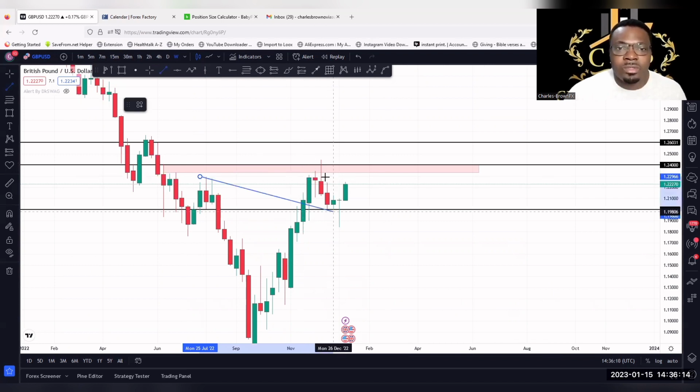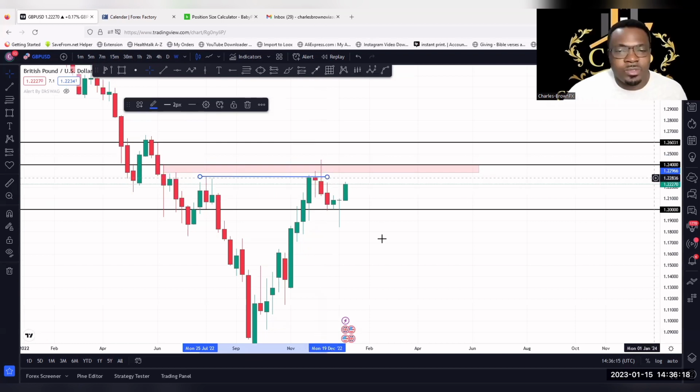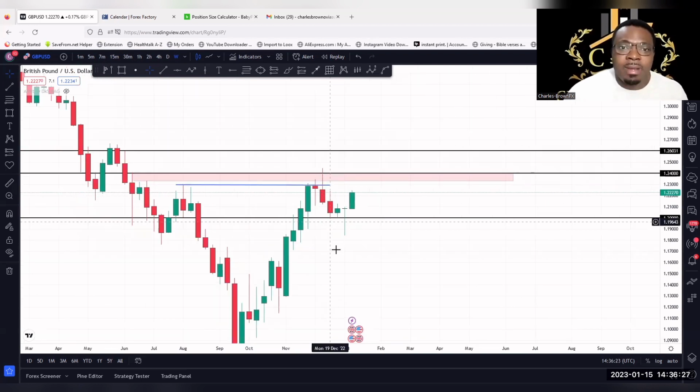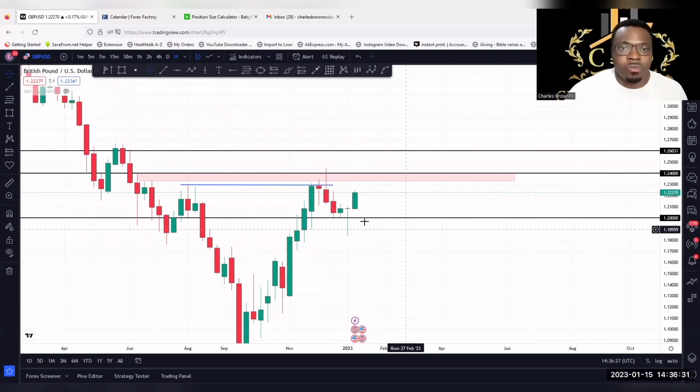And then what we'll see is the market tap into that zone, get rejected from that 1.2400, and drop to 1.2000. So at that level where price is, we find multiple rejections, and then the market pulls back up again. So we'll be anticipating two things. One, either the market taps into 2400 and rejects.